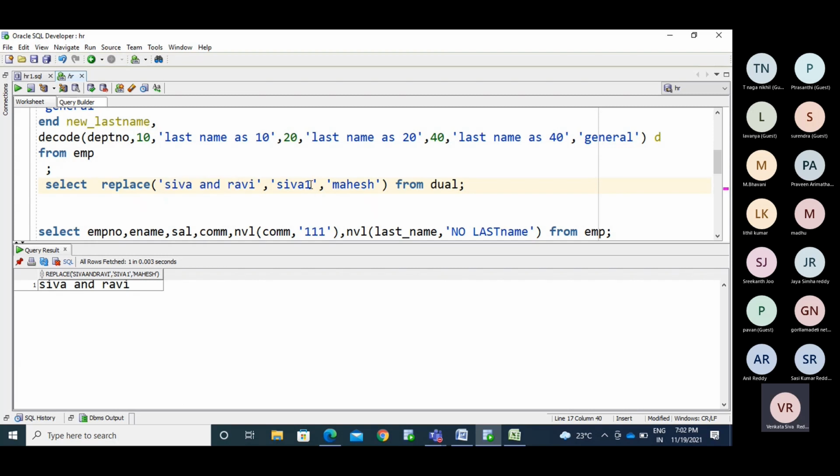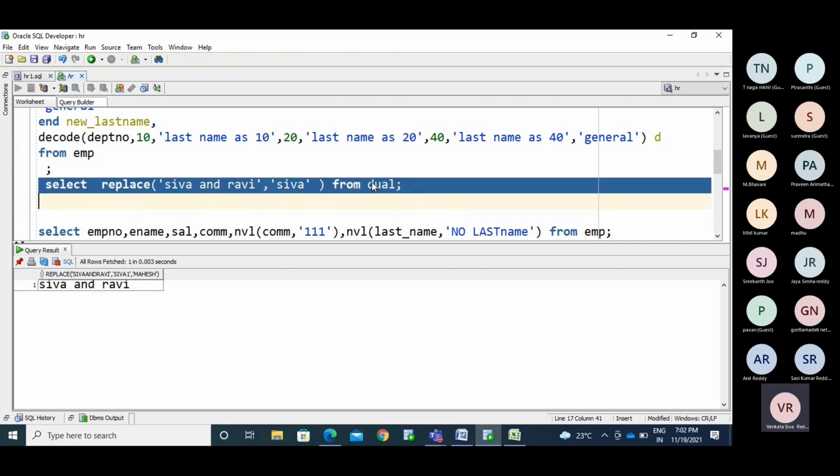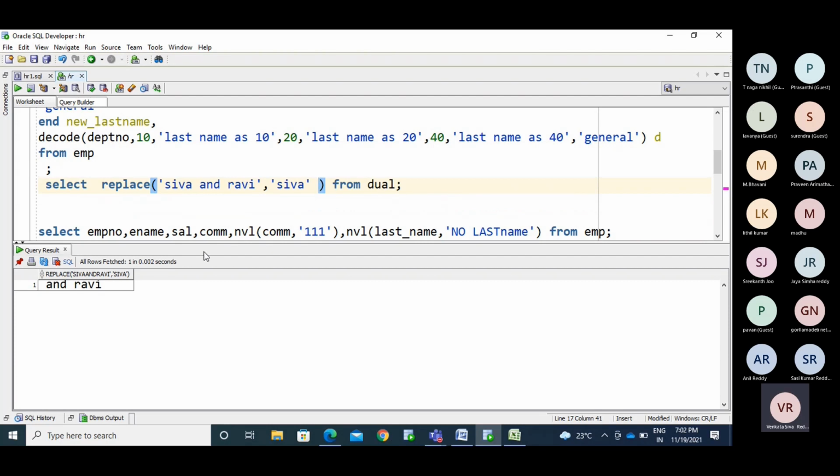Okay. Now I pass this, so I need to replace with this. But I haven't mentioned which value I need to replace it with. If I get Shiva, which value do I need to replace it with? I haven't mentioned that. I forgot that. Now, what will happen here?